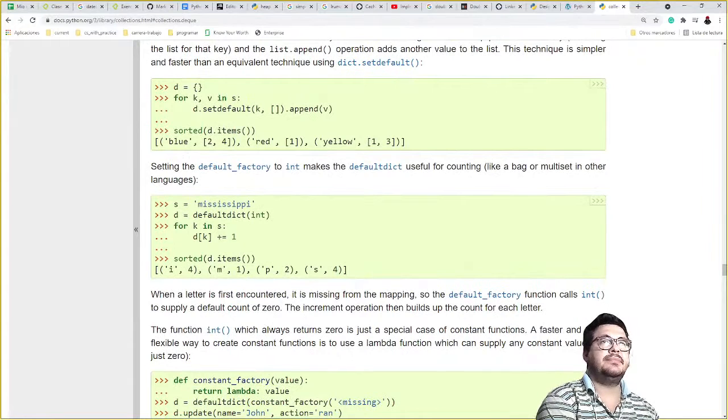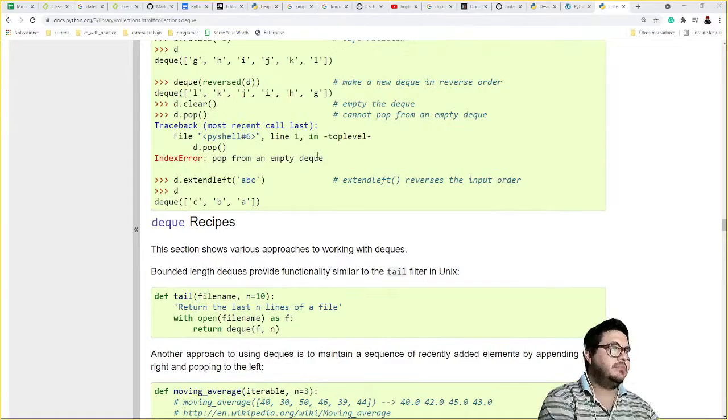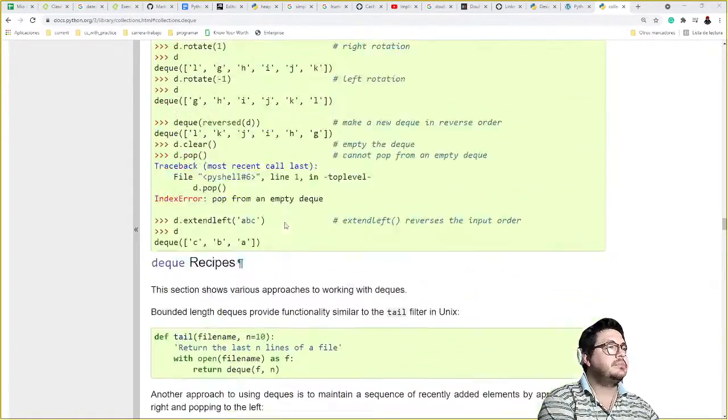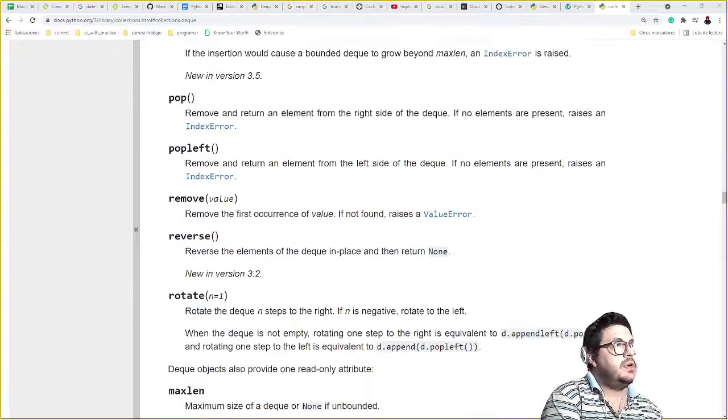Okay, default deque. But how do I return something? Reverse, rotate, pop, insert.